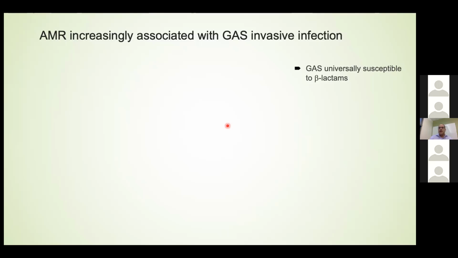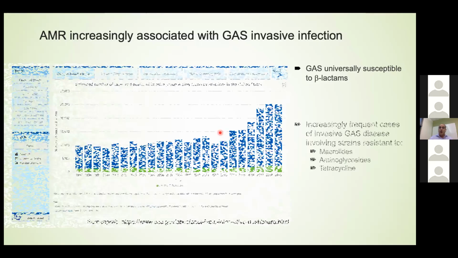So antimicrobial resistance in group A strep has not been particularly well studied, simply because, or primarily because, group A strep are universally susceptible to beta-lactam. And so there's not been that much focus on antimicrobial resistance in strep. However,